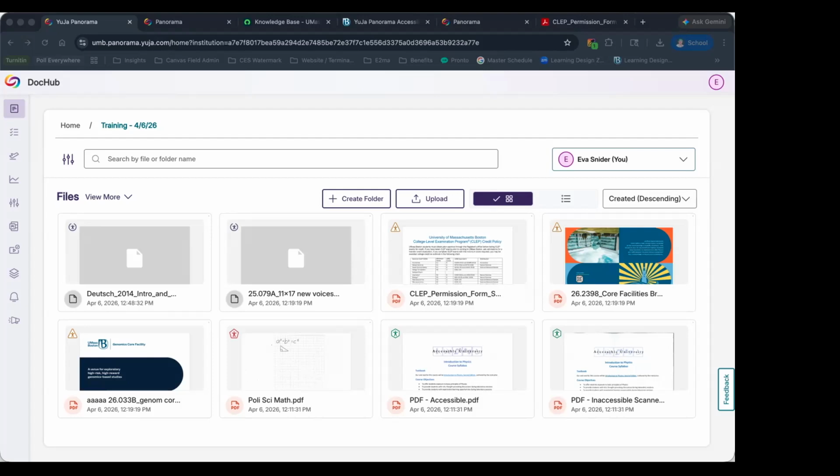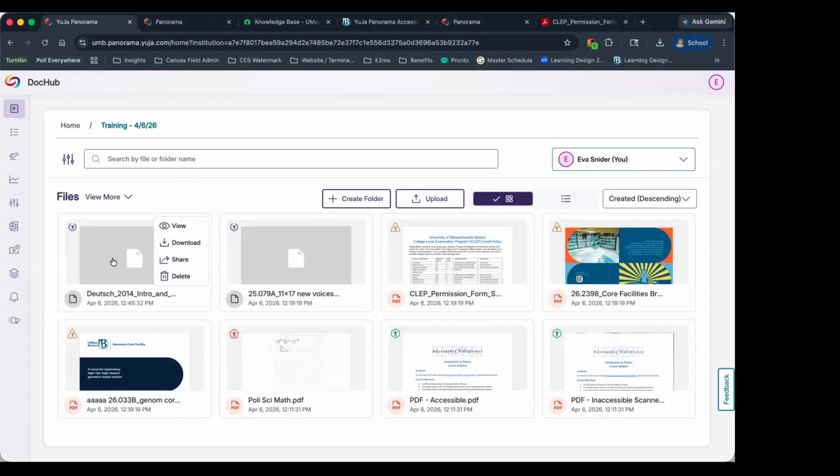There are a few things it flags. Very few, but there are a few things with flags that you cannot fix directly in User Panorama. And in that context, there will not be a button that says fix issue. It'll just tell you the issue, and there's no button for you to do. And those you would need to fix over in Word or Adobe Acrobat or whatever your source program is.